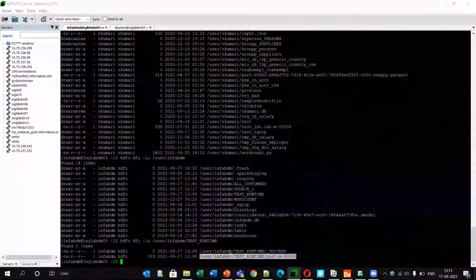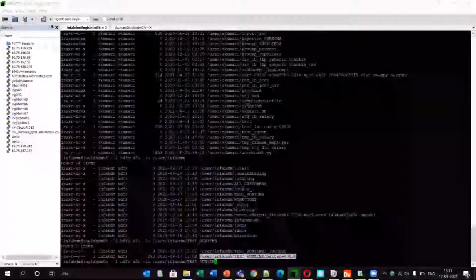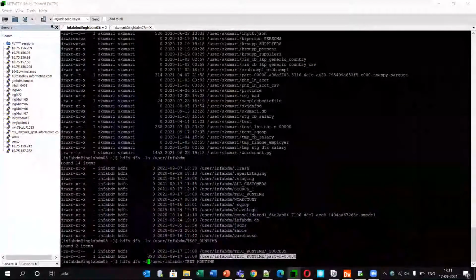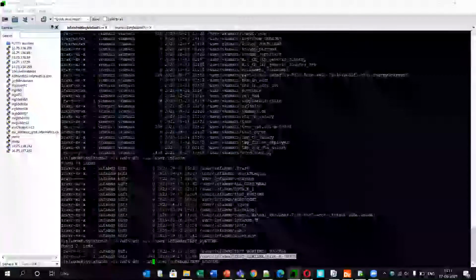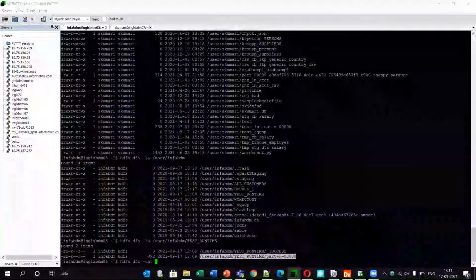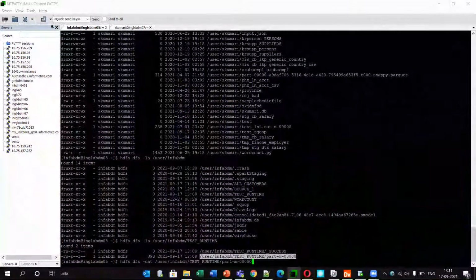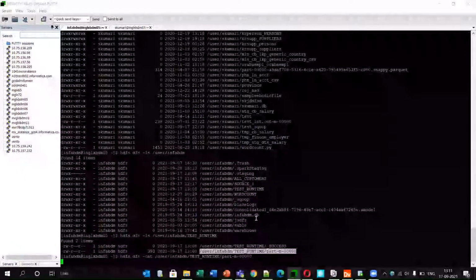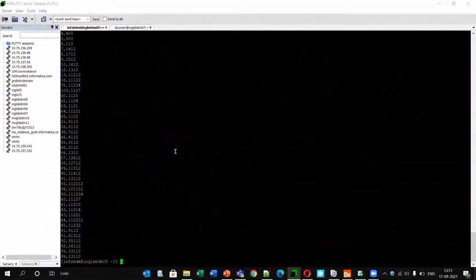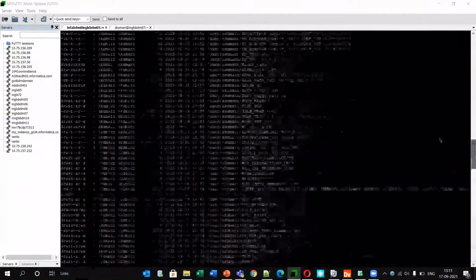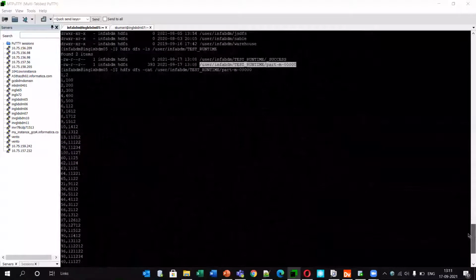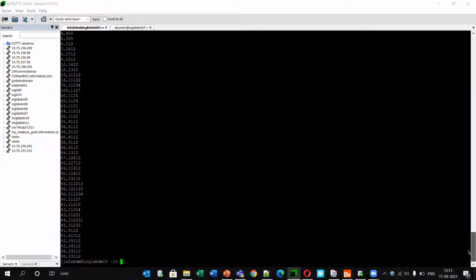If I cat this, I can see my data here, and it is the same as what I can see in the table itself. See, the data is exactly the same.